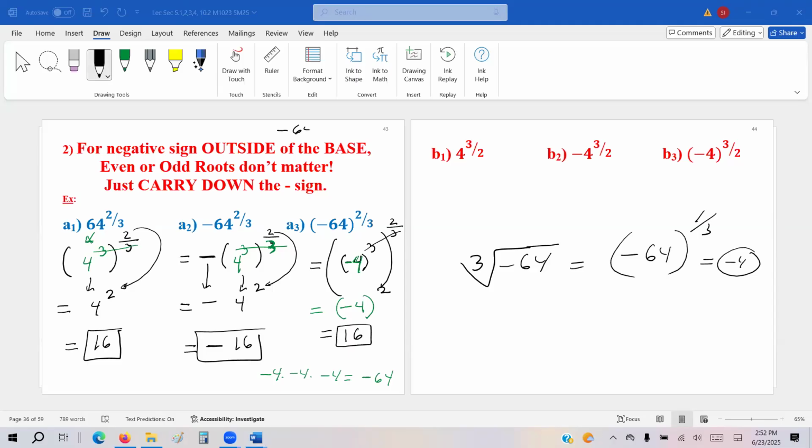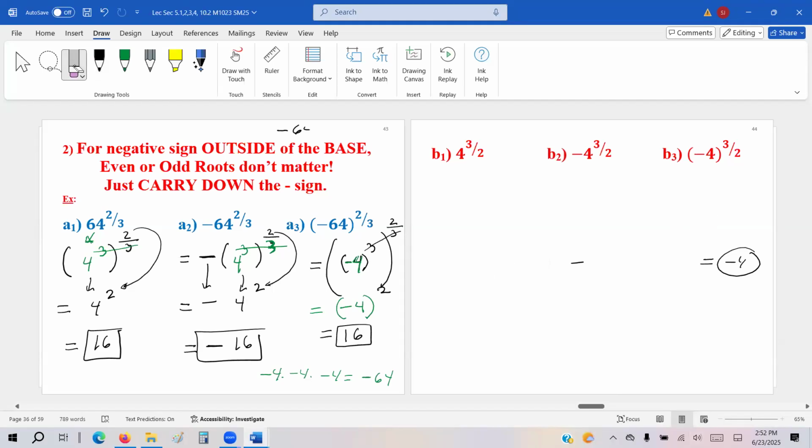It does exist because this is odd. For an odd denominator, it always exists, always. For even, it's hard because you have to make it even. You need a pair to make it even. For odd, it doesn't matter. It doesn't need a pair. It's just free. So it always gives us something back.